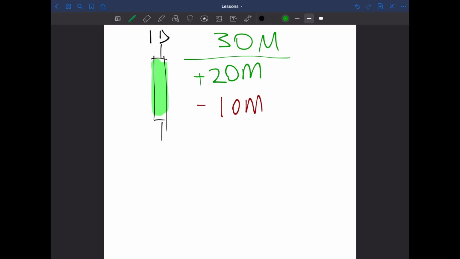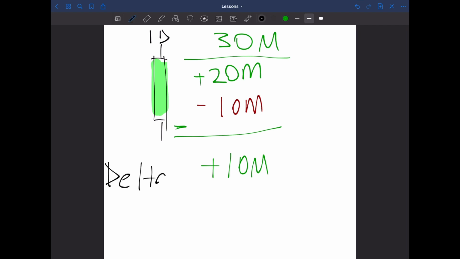But what happens when we actually subtract these things from each other, right? Because we can do this as well. When we subtract these from each other, what remains is plus 10 million. Well, this is what we call delta. Delta, I believe, is the most important term you will see in trading because it explains to you how